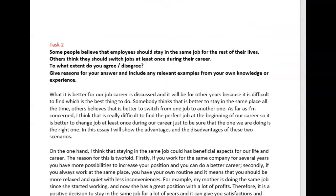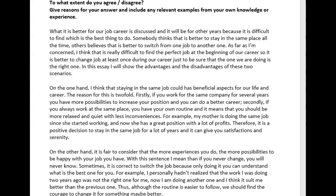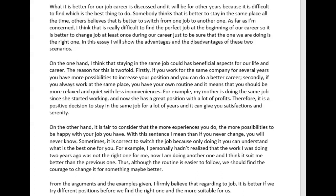All right, let's move on to your task 2 about staying in the same job. "What is better for our job career is discussed, and it will be for other years because it is difficult to find which is the best thing to do. Somebody thinks that is better to stay in the same place all the time. Others believes that is better to switch from one job to another. As far as I'm concerned, I think that is really difficult to find the perfect job at the beginning of our career. So it is better to change job at least once during our career just to be sure that the one we are doing is the right one. In this essay, I will show the advantages and disadvantages of these 2 scenarios." Okay, so